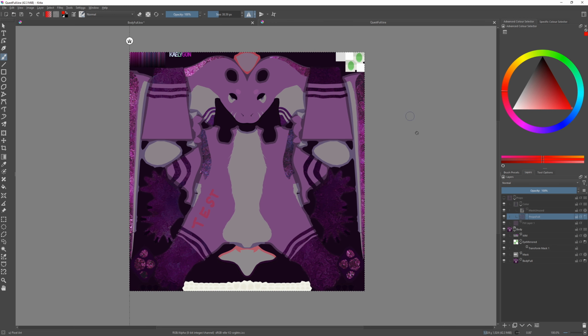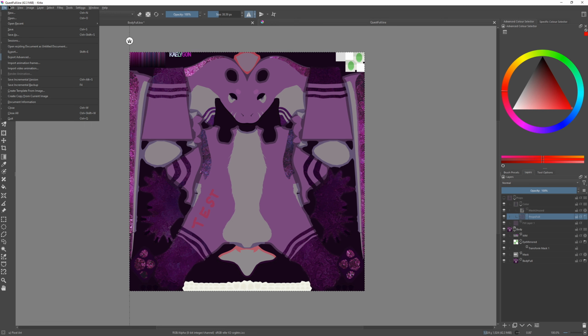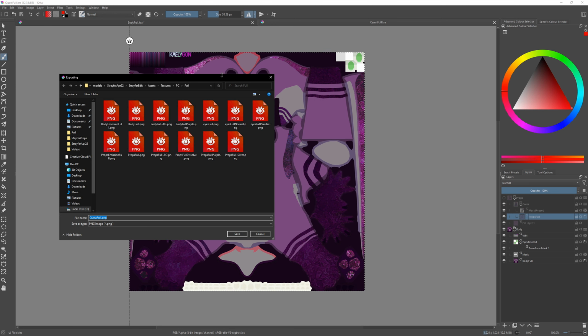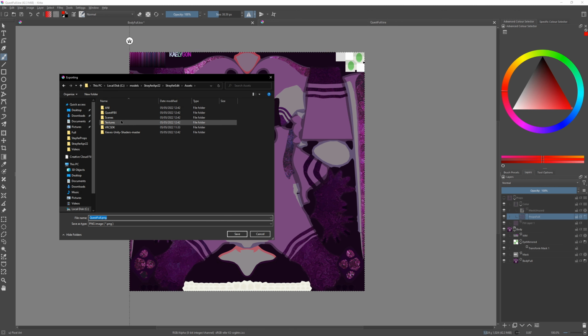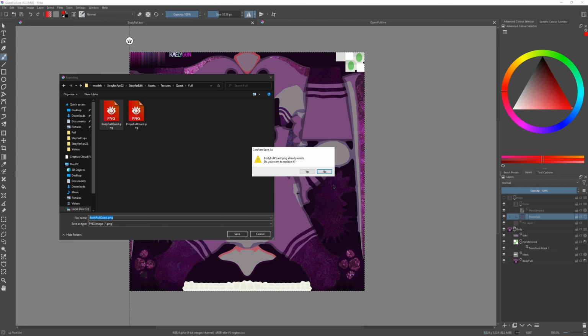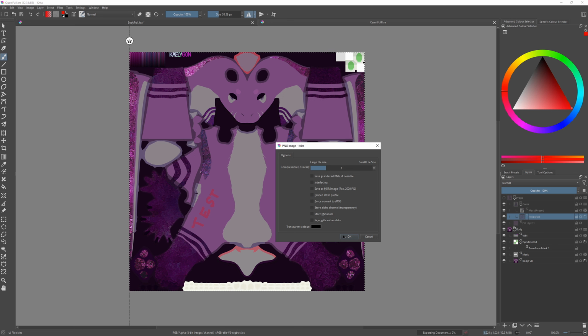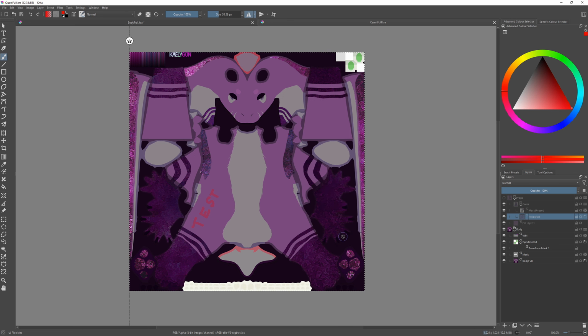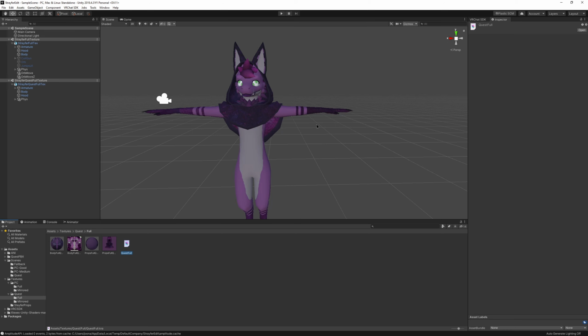So the only thing that we need to do here is to file and export, and then we have to again go to assets folder, textures, textures, and Quest. We are using full and bodyfull Quest. And you can do the same for props if you're making edits for the scarf. And now we have